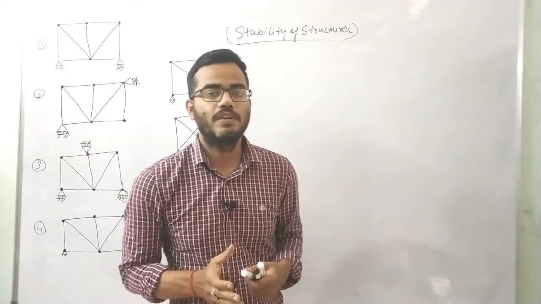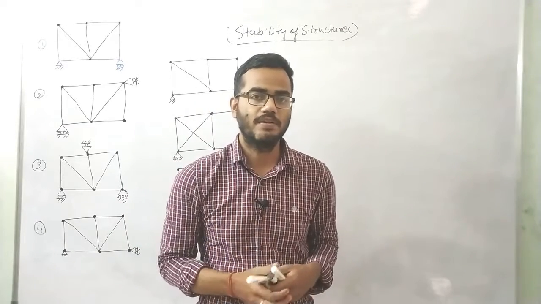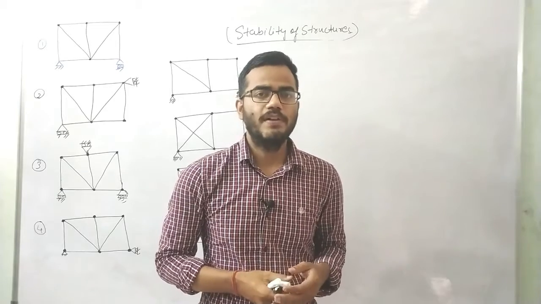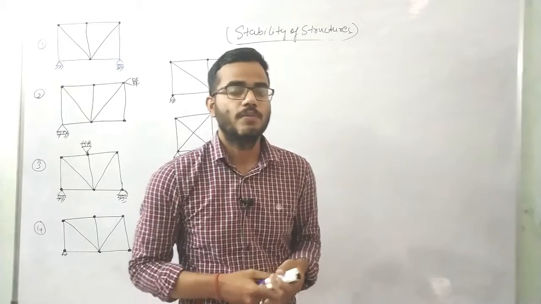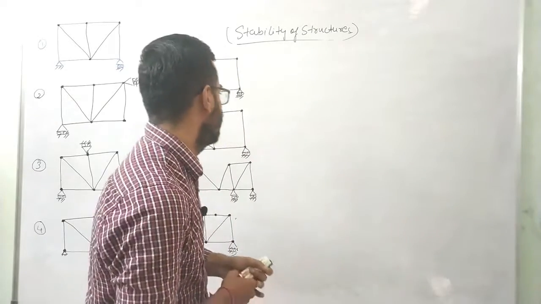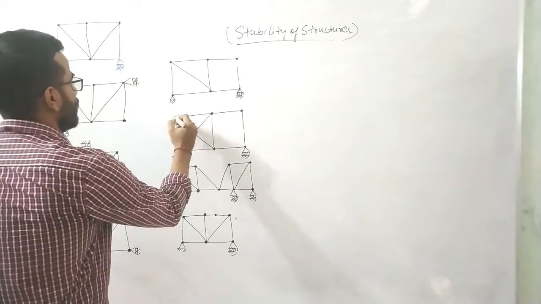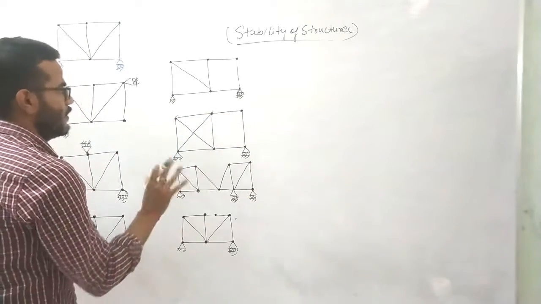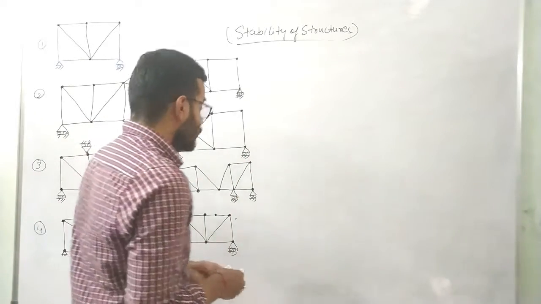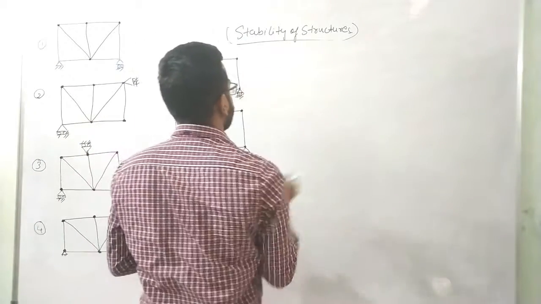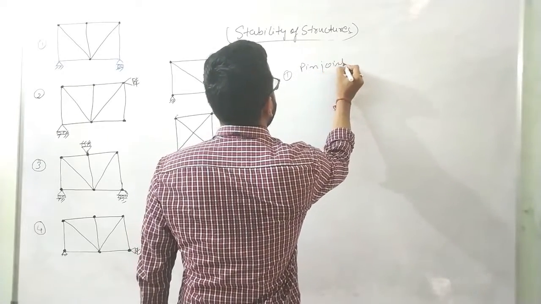So we have discussed stability, external stability, what is external stability and what is internal stability. Now we'll discuss what stability means in the case of pin joints. Pin joints are basically joints in which the members are connected by pin connections. Here this is a pin joint. These are basically truss type systems. So first we'll come directly to the pin joint system.